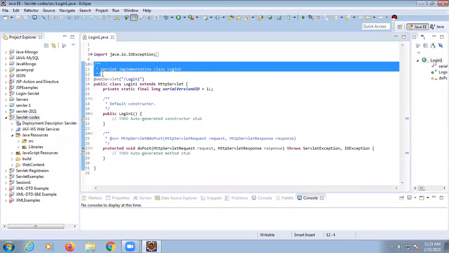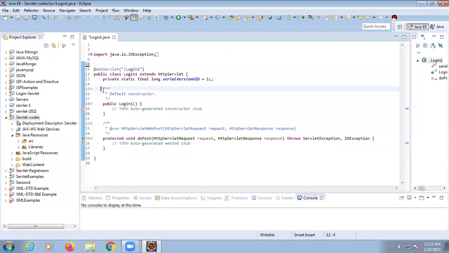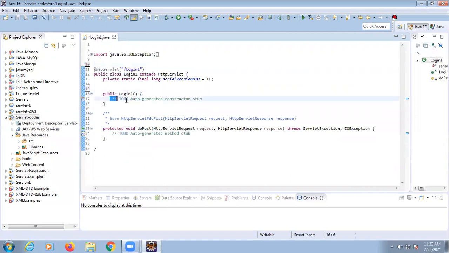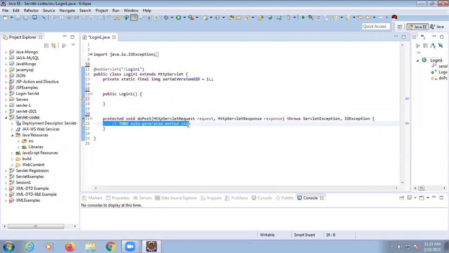Now there are a number of comments which are added by Eclipse. If you don't want them, just remove all those comments. So it will be easy for us to code. Okay, here I am just entering this curly bracket so we can understand exactly where I have to write the code.